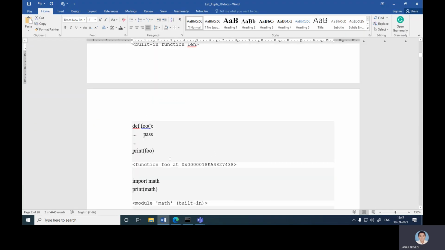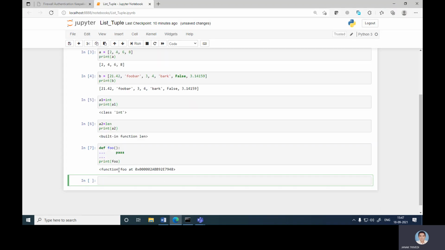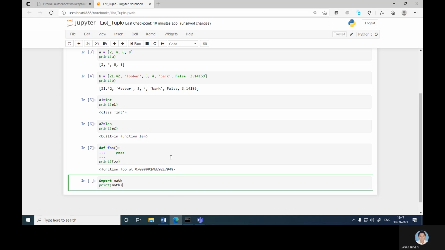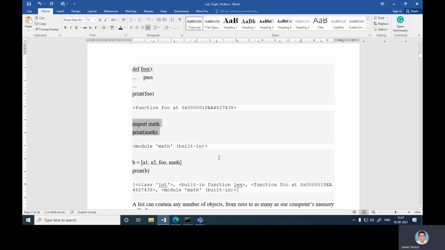And then just use this function, so it shows a function foo at this particular memory location. Then import os.path, and it shows the module os.path that is imported, built-in functions there.